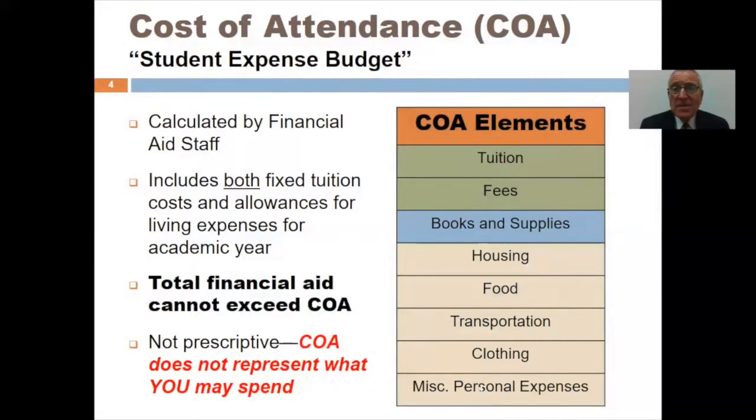And there are going to be certain expenses you're incurring that they cannot and did not include when they did their calculations. For example, in terms of transportation, they cannot include the fact that you might have a car payment. The federal government does not allow them to give you financial aid to help you pay that car payment. They also can't include the idea that you might have credit card debt that you're having to pay each month. Again, the federal government does not allow them to include as a cost the fact that you might have credit